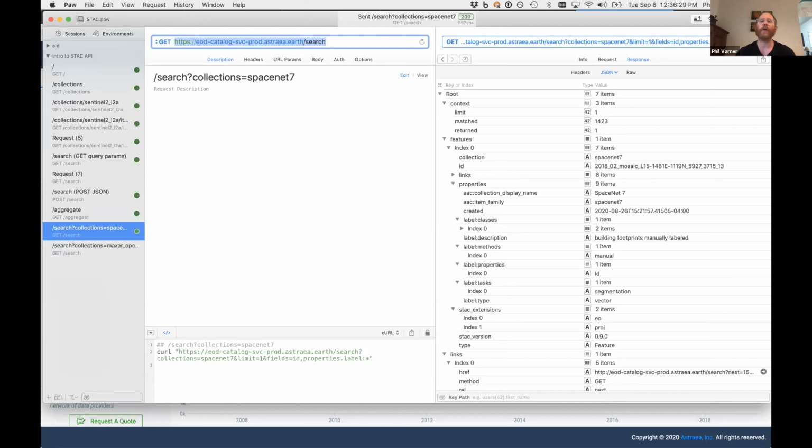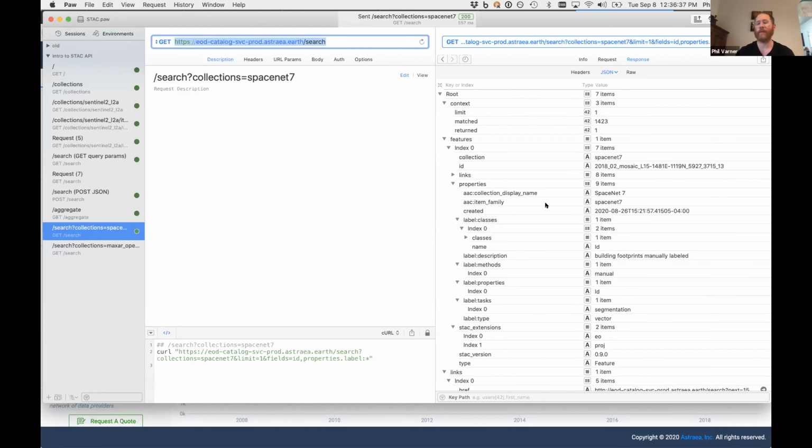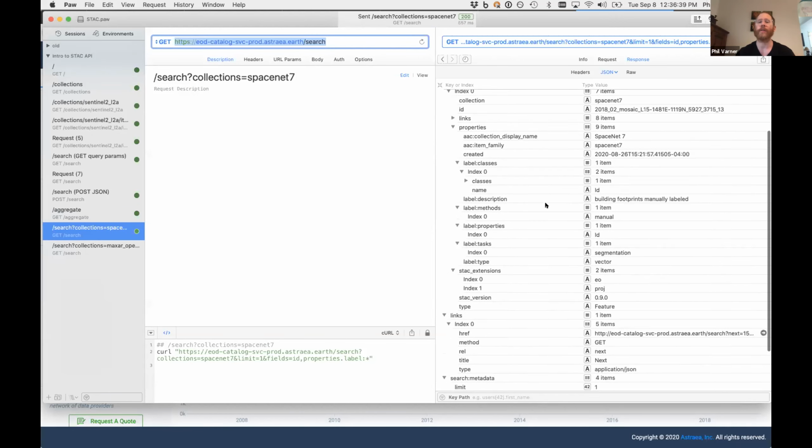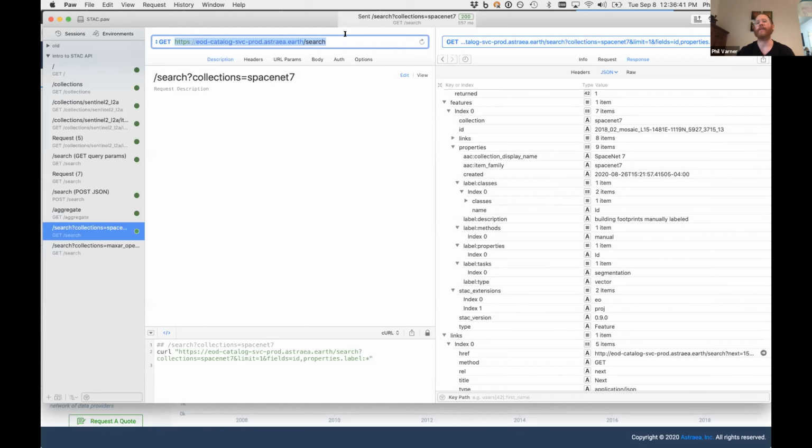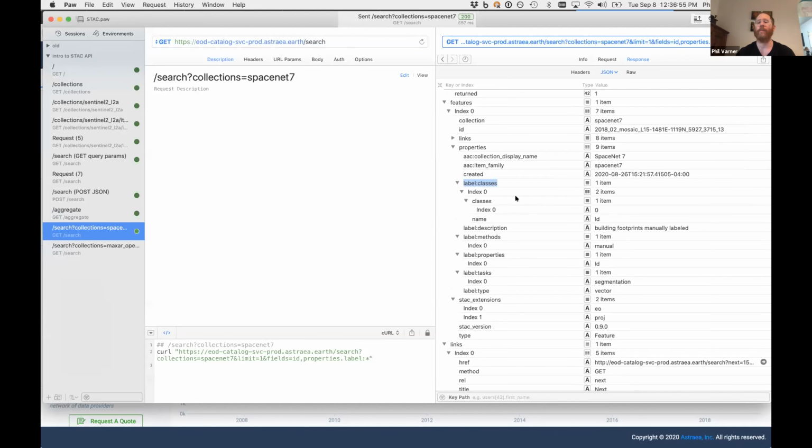So there's another STAC extension called the label extension that hooks in really, really nicely with this. And so for the SpaceNet 7 data set, we see in properties that there are several new attributes and properties that describe the data that is available in those